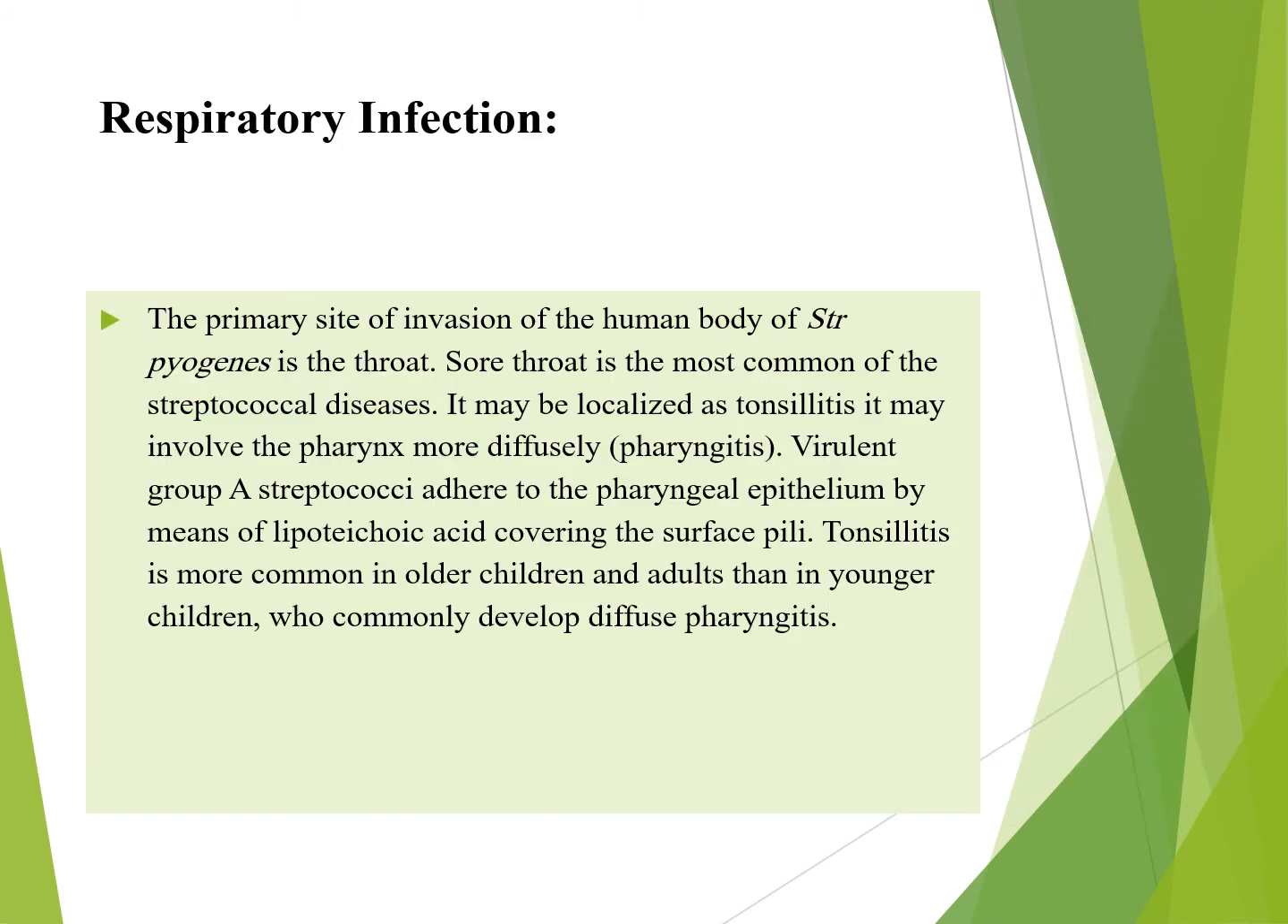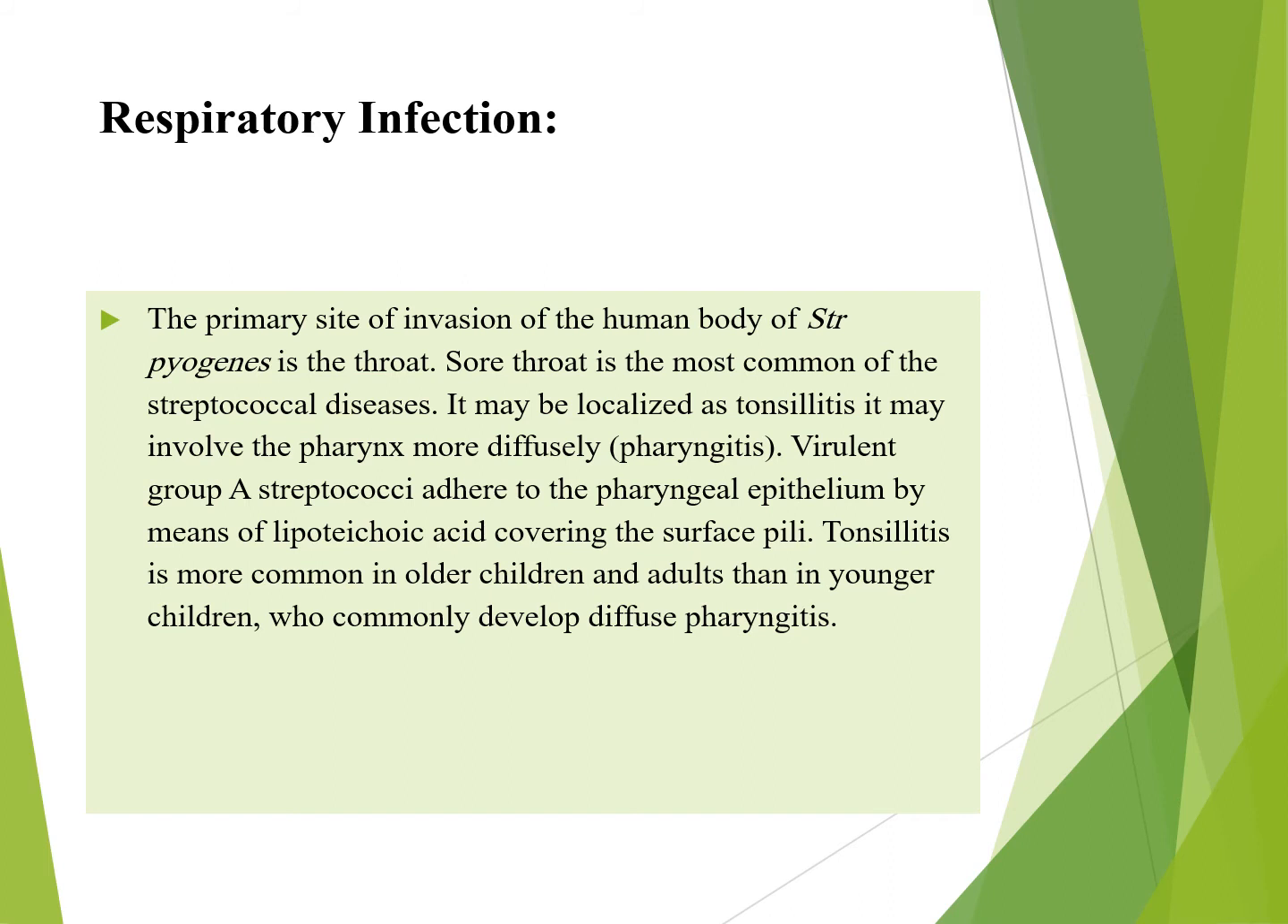Respiratory infection. The primary site of invasion of the human body by Streptococcus pyogenes is the throat. Sore throat is the most common streptococcal disease. It may be localized as tonsillitis. It may involve the pharynx more diffusely, as pharyngitis. Virulent group A streptococci adhere to the pharyngeal epithelium by means of lipoteichoic acid